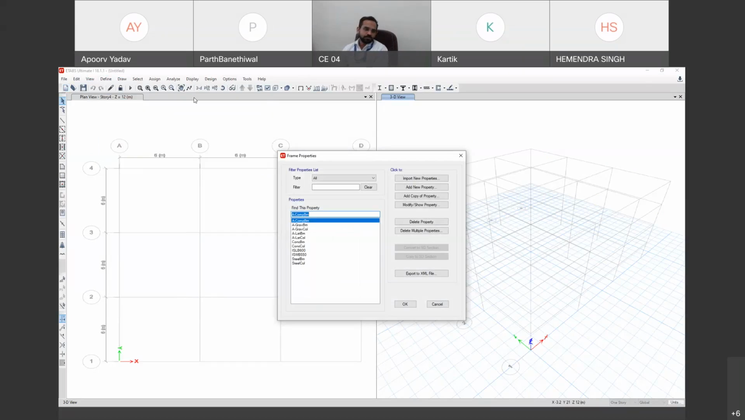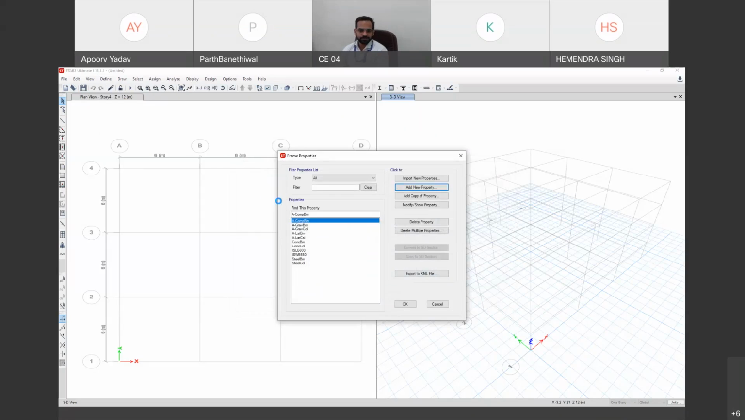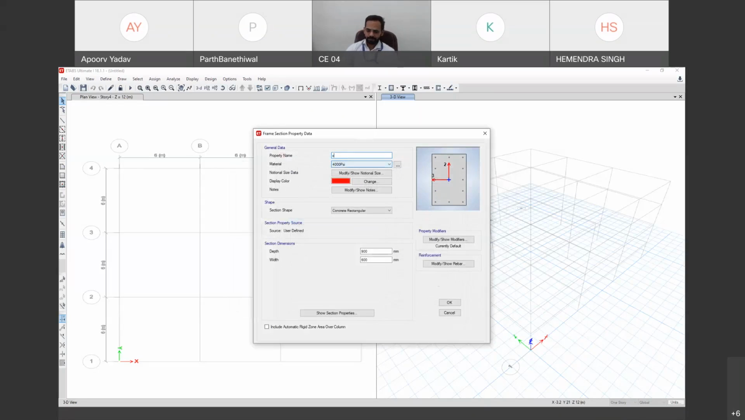So as per design, you have to choose what is the size of column you require. What I'll do, I'll add new property. I say it's a concrete rectangular. I'll write name as C as column. Size is 300 into 600 columns. Here from material, I'll choose as M30. In depth, I'll change to 600 and width to as 300. Okay. Now our column is